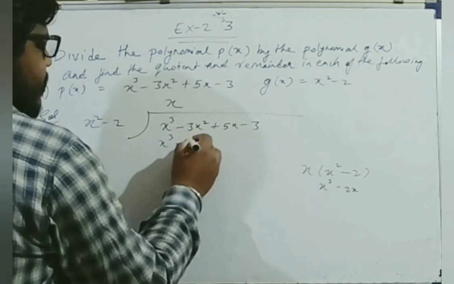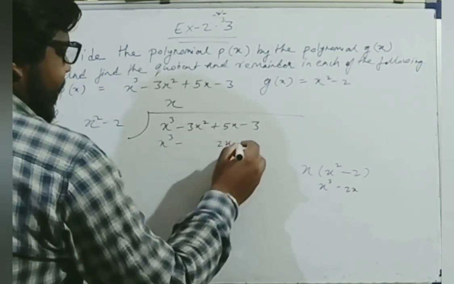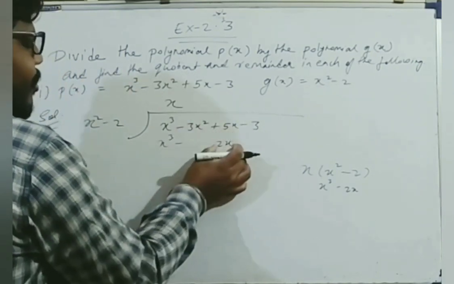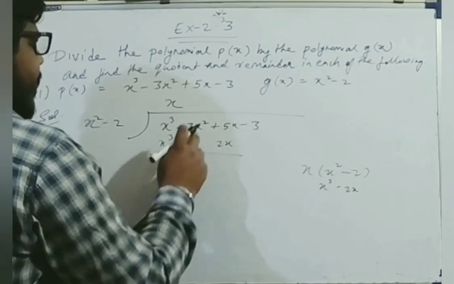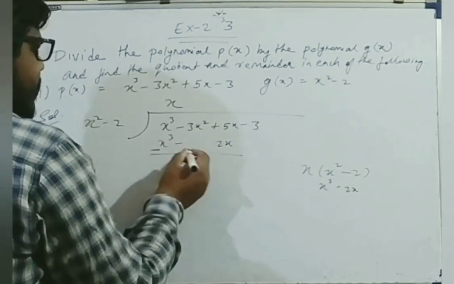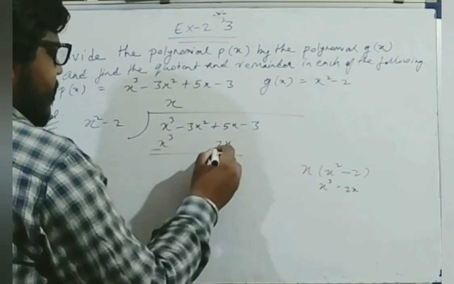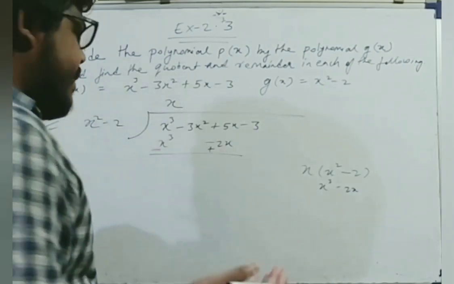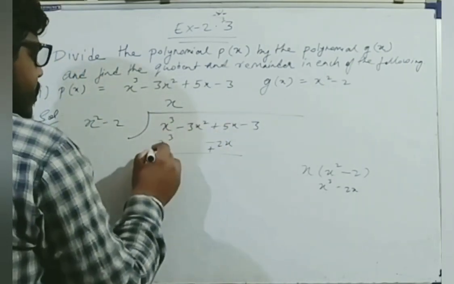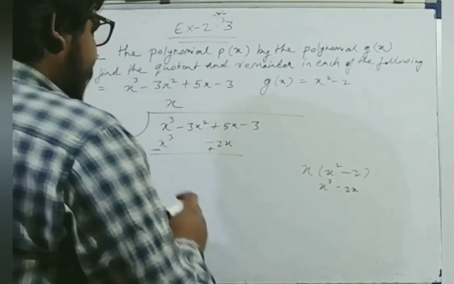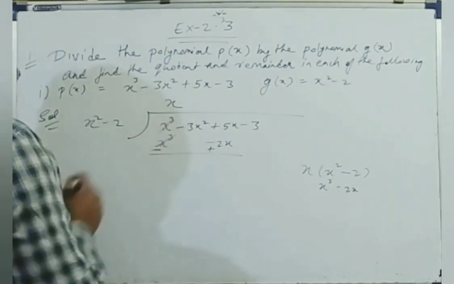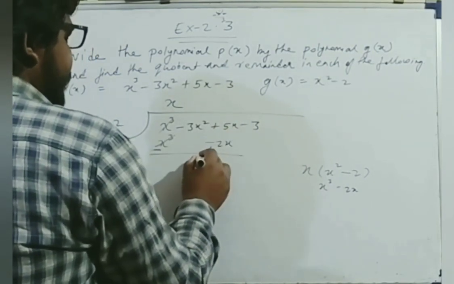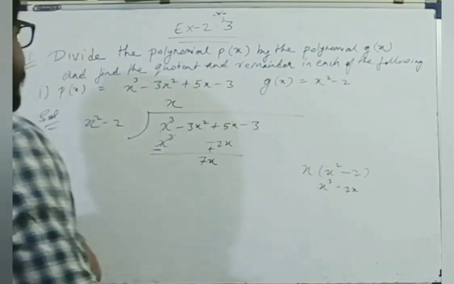So x cube minus 2x. So this is a like term, 2x, so you have to write it below the 5x. There is no term of x square. Then subtraction, so this is minus, and minus 2x. Here the sign changes, because we are subtracting both the expressions, so the sign will be changed. So this x cube cancels out, this plus 2x plus 5x, answer is 7x.